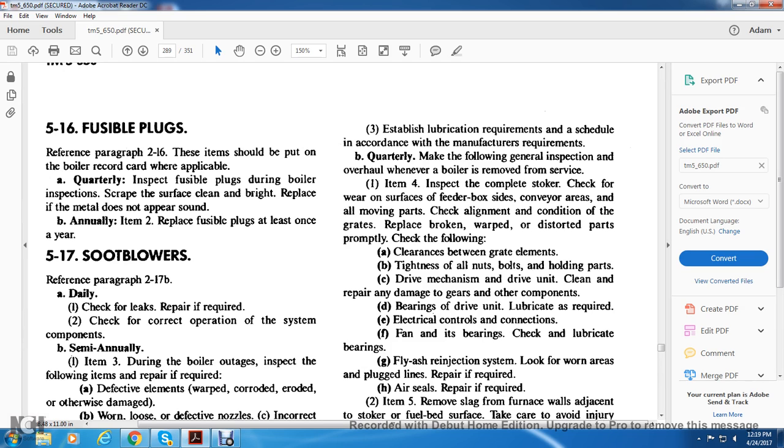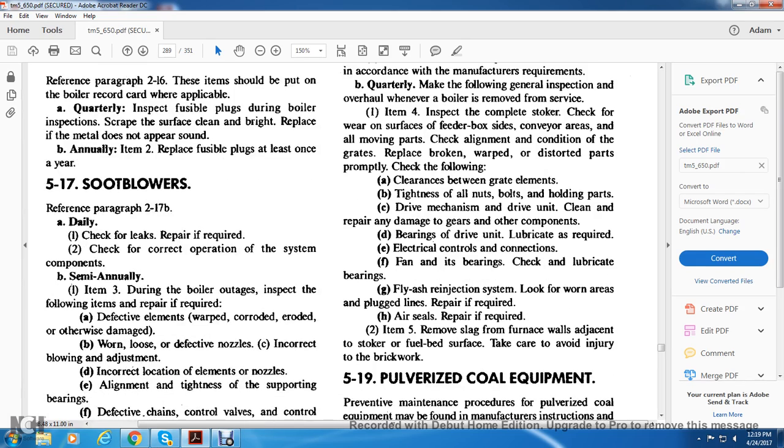C. The drive mechanism: drive unit cleaning, and repair of any damage to the gears and other components. D. The bearings of the drive unit, lubricating as required. E. The electrical control connections. F. The fans and bearings: clean, check and lubricate the bearings. G. Fly ash re-injection system: look for worn areas and plugged lines, and repair if required. H. Air seal. Repair if